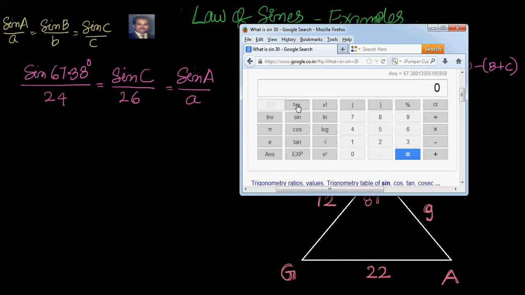First, before using the calculator, check whether you are in degrees or radians. If you get confused like me, one simple thing you can do is just compute sine of 30 degrees and check whether it is 0.5 or not. If it is 0.5, you are exactly in degrees. Okay. Now we are good to go. Let's calculate this.